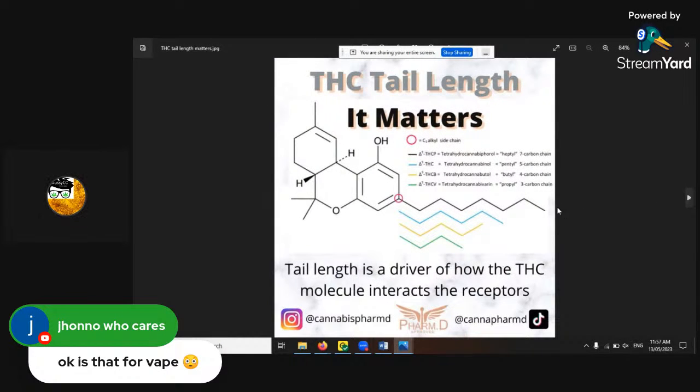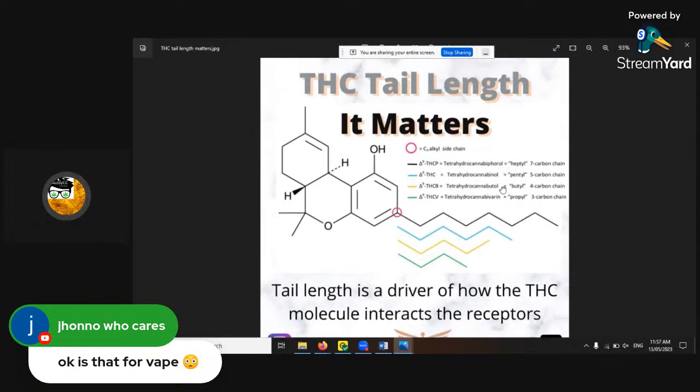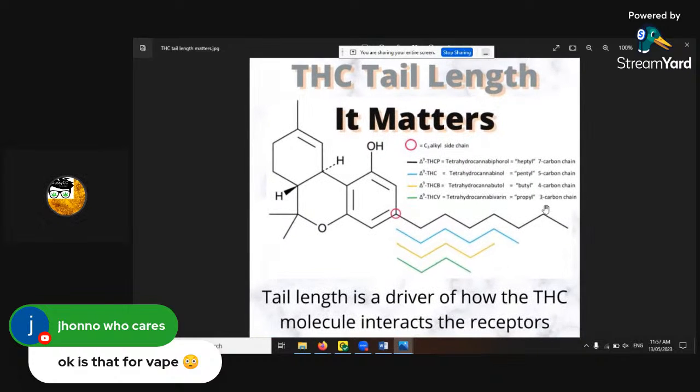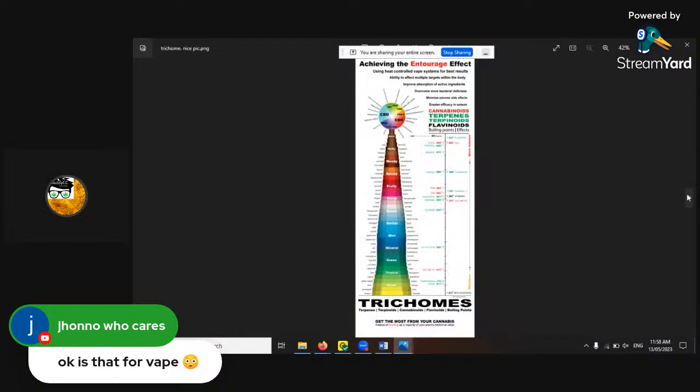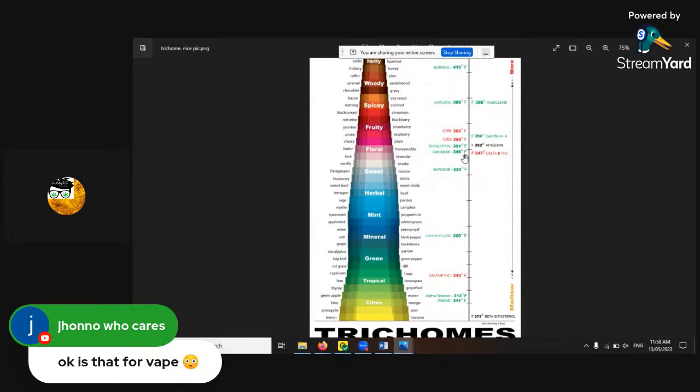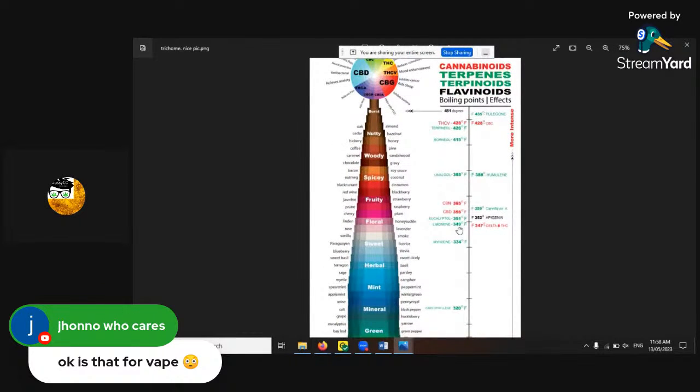The tail matters, yes. This was to do with how they're synthetically chopping the tail in the lab, and then by reducing the tail, it changes its molecule, so that's how they synthetically can change CBD into THC. And it's been already banned in 3 states in the US. So stay away from synthetic cannabinoids. Government trying again to try and not win, but do it their way. Leave it up to the plant.